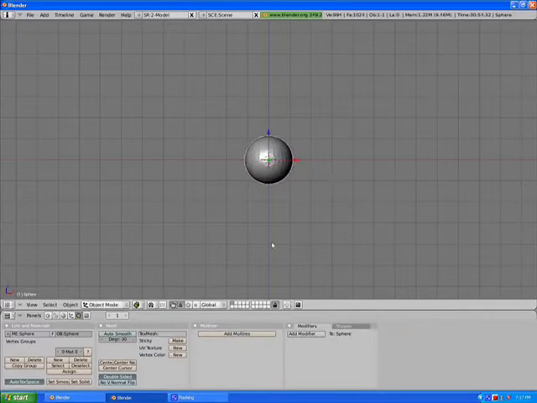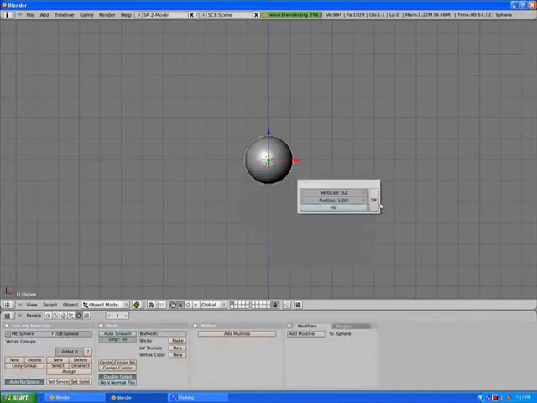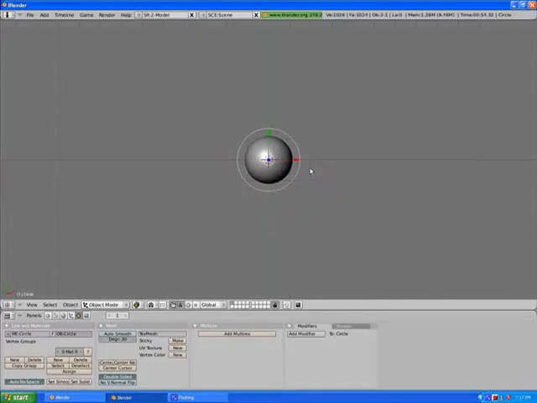So I'm going to go ahead and add a UV sphere here. I'm going to set it to smooth, then I'm going to add a ring for myself. You guys can just use your video, or if you need to add new stuff, that's fine as well. Alright, I'm going to show you guys how to make 2 or 3 different rings. The first I'm going to show you is